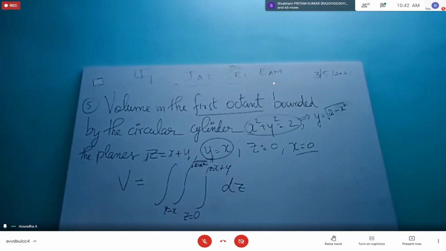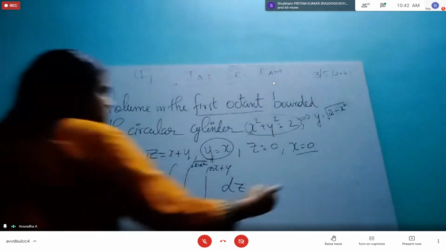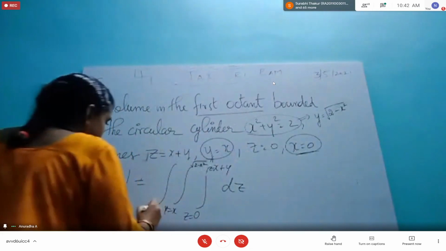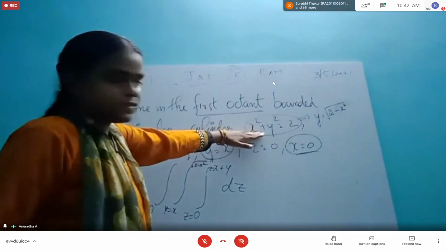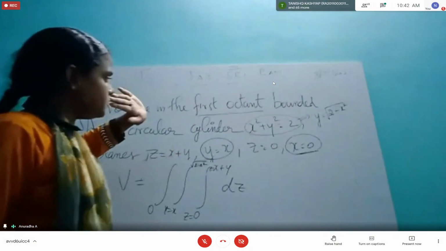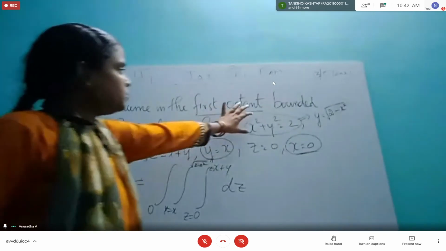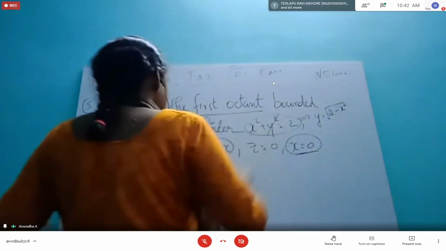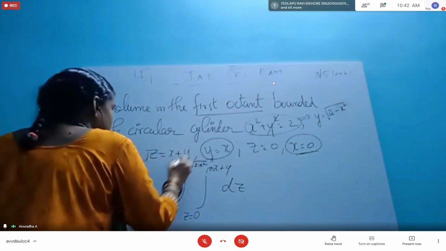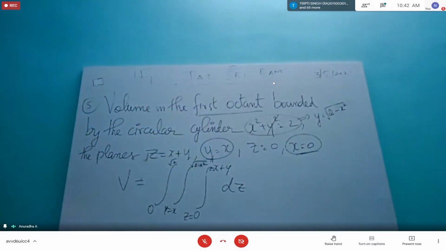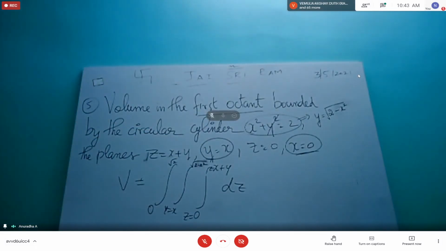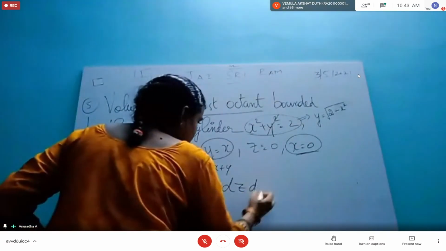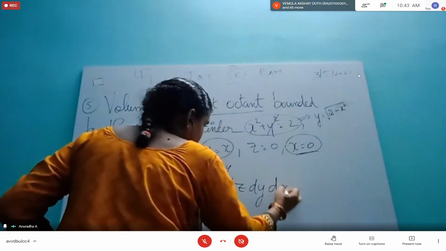Next, now come for the numbers. So x equal to 0 I have as the lower limit. Now here you see only one more equation is left out, other things I have used. From here, take away the y because it is done already. From here, what is the x value? Root 2. Because it is the first octant, everything is positive. We don't worry about the negative limits. So like this, we fix the limits. So in that order, we write dz, dy next, dx next.